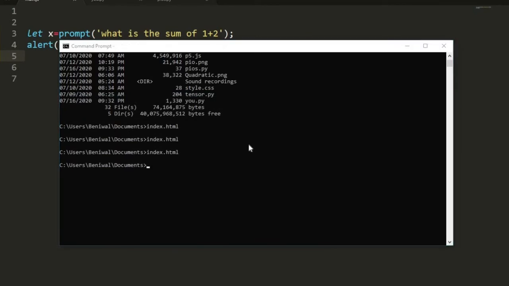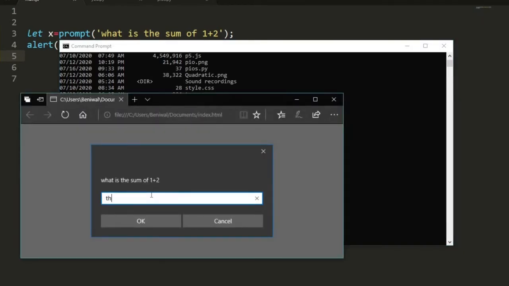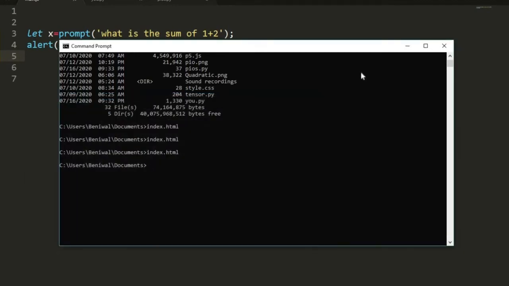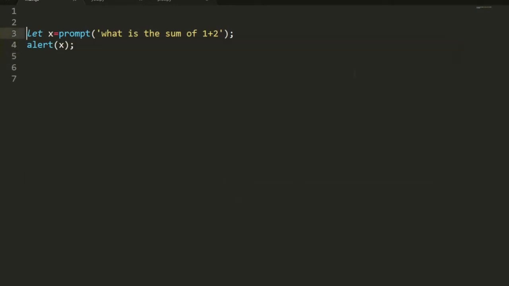And when running this statement again, what is the sum of 2, we say freeCodeCamp like this, and when running this, we got freeCodeCamp, anything you enter in this. So this is one of the popular methods for getting input from the user in JavaScript, but this method is not used in Node.js. In Node.js for getting input we have a different method, we will talk about it later in upcoming videos.